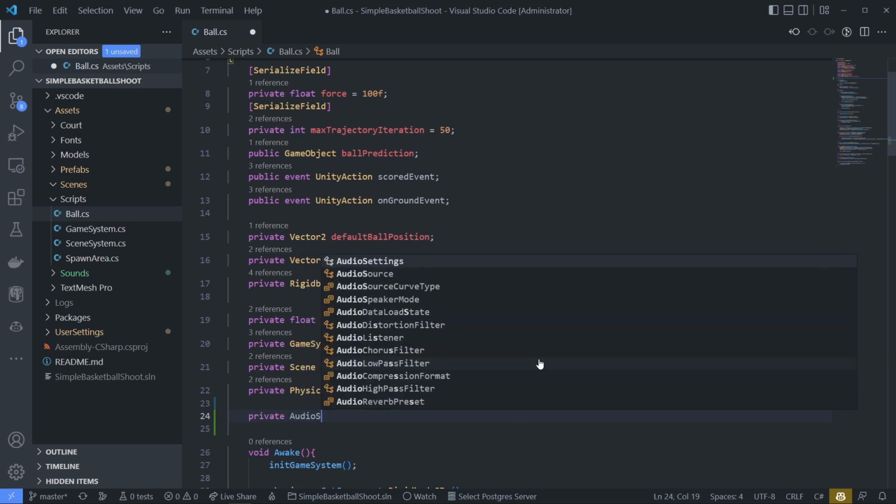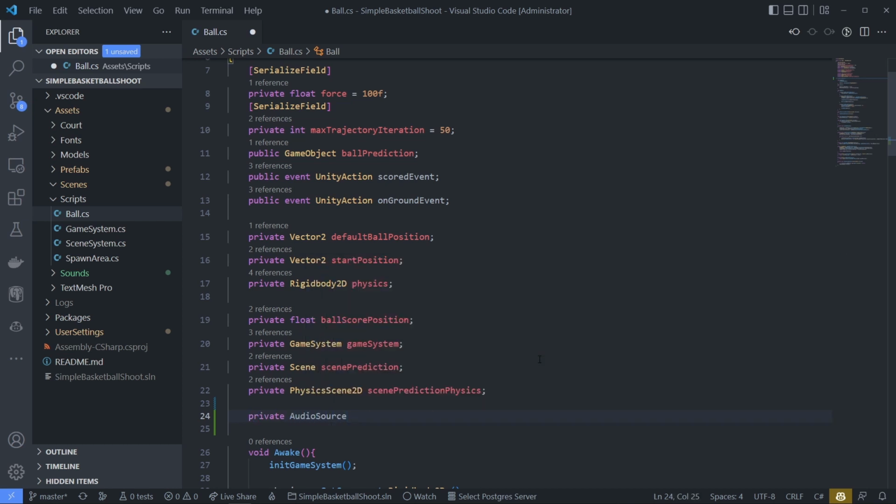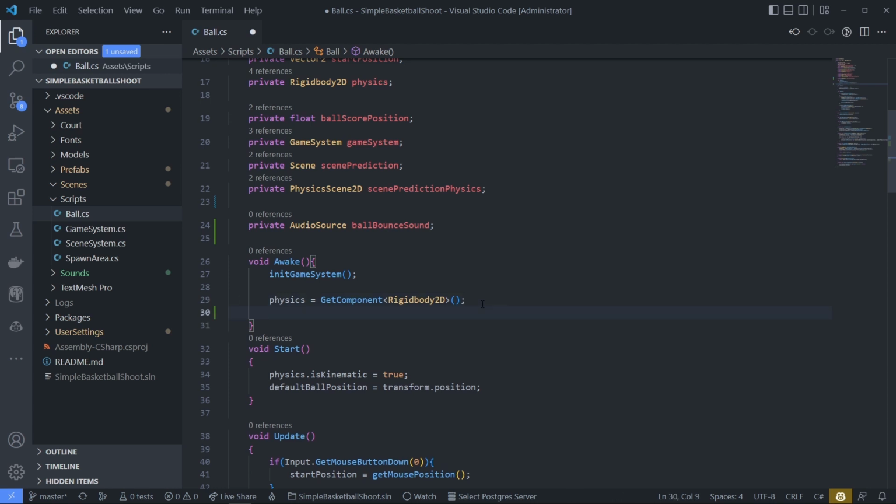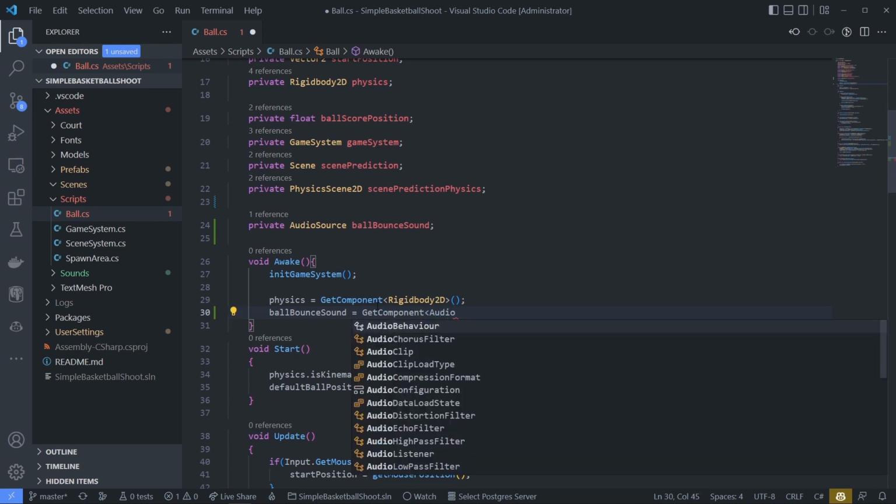Private audio source ball bounce sound. Like that. And yeah, I think we will get the component right here in awake. You can always add it on start. It doesn't matter. Get component audio source.